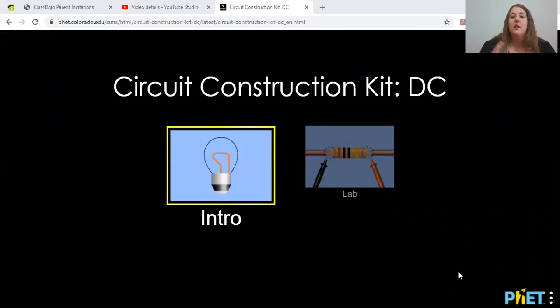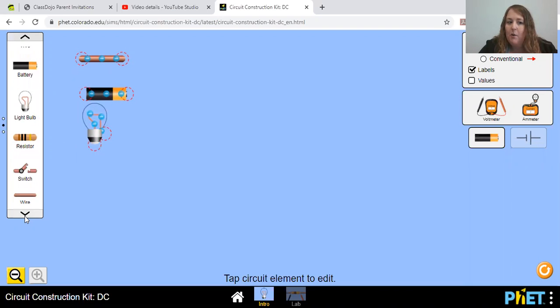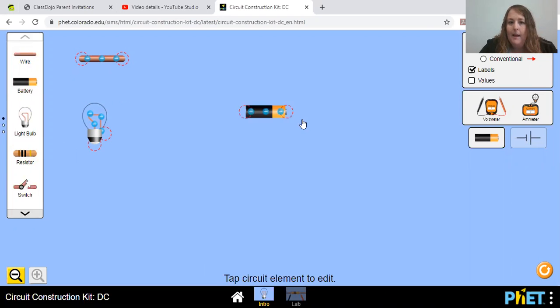Okay, when you click on that link, you will be given a page that looks like this. Now, this is just on the internet, and we're going to go into the intro first of all. So on the left, you can see wires that you can drag out, batteries, bulbs, and so on. And there are different things that you could be using on here, as well as pencils, erasers, things like that. Now, our first one, if we remember, had a wire and a battery,